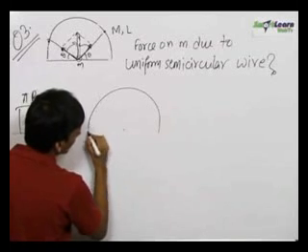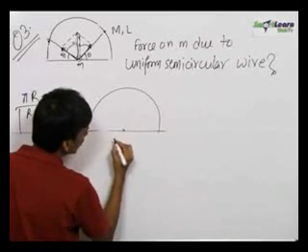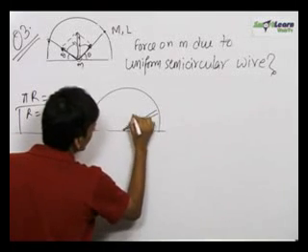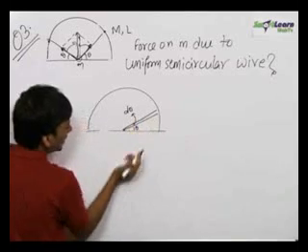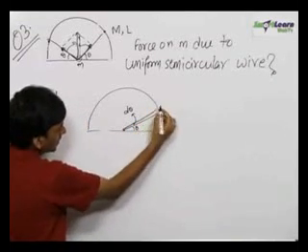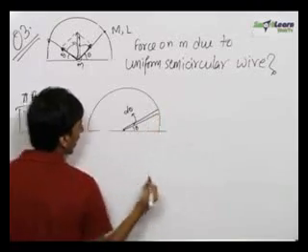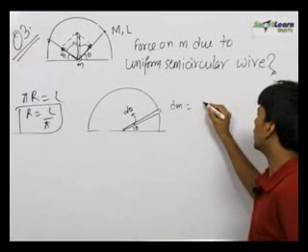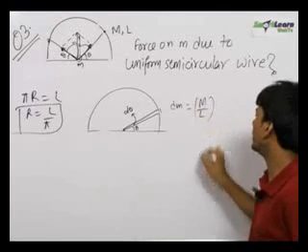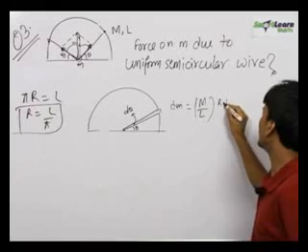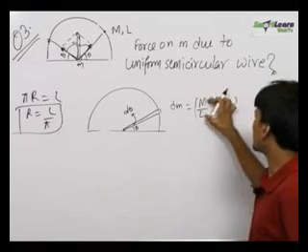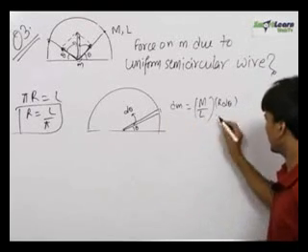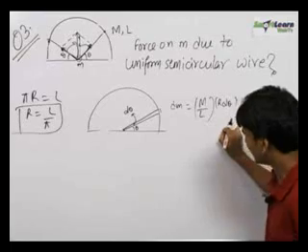As we do it always, whenever we have to assume a small element, we take a small element subtending an angle d theta at an angle theta. The location of this element is at angle theta and it is subtending an angle of d theta. The small mass dm of this element is equal to mass per unit length, that is M upon L, into r d theta, that is the length of this object. Mass per unit length into the length of this object gives us the mass of this element, that is equal to M r upon L into d theta.